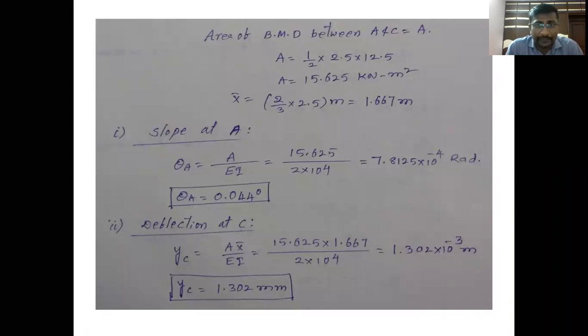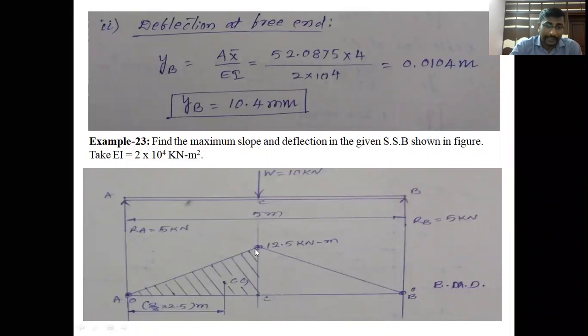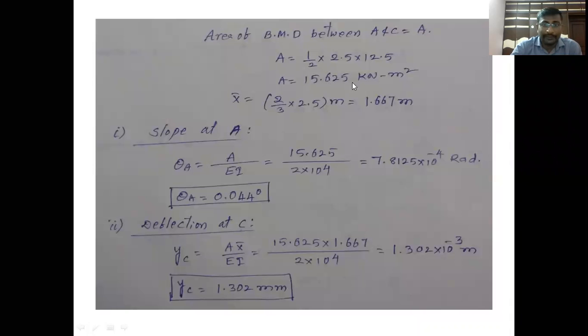So that's why I'm taking the area between A and C as half into 2.5 into 12.5. Since it is triangle shaped, it is half into length into height. Half into length, which is 2.5, and height, which is 12.5. 15.625 kilonewton meter square is the area. And x bar means